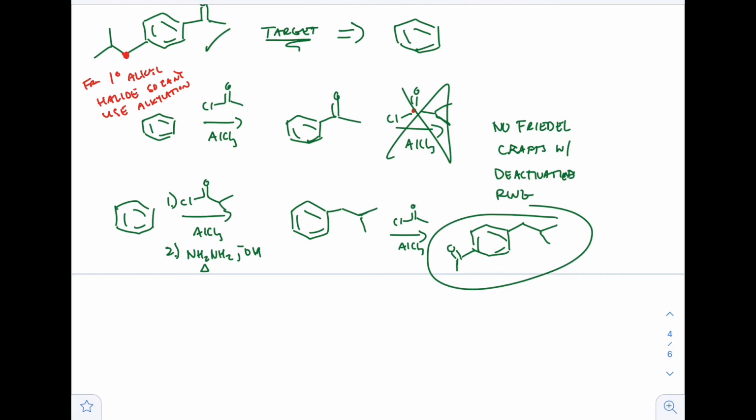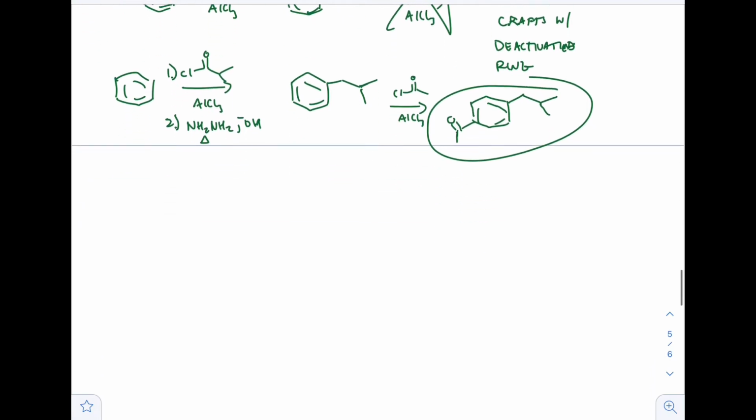Voila. That's the fun part of this type of chemistry, is that we have to be selective and choose our reagents wisely, and the order as well. So